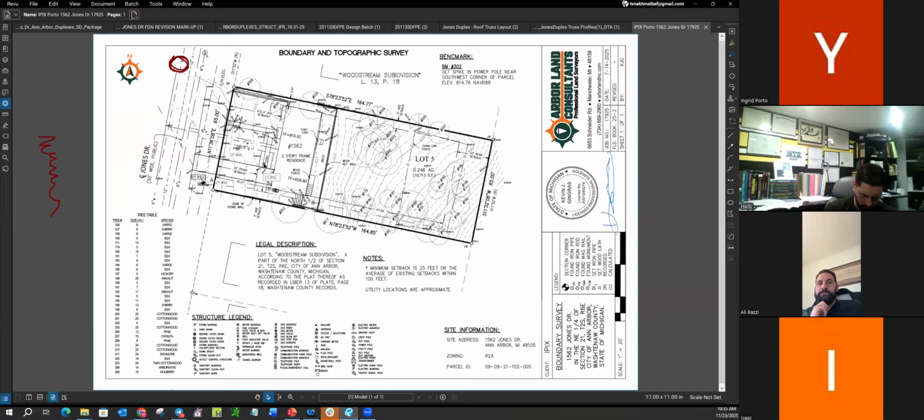I don't really understand that. Ellie, do you understand why we need that? Oh, they want a skirt around. So that your bottom plate isn't on grade. They want it raised above the grade a little bit. Every exterior wall has to be 6 inches above grade. So what do you think is the best solution?